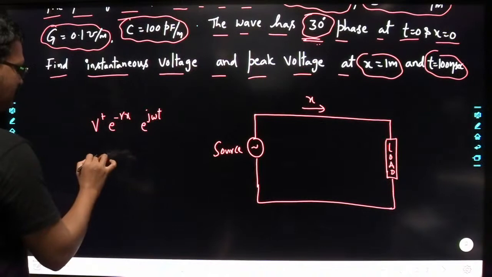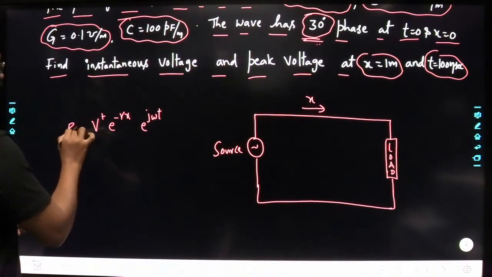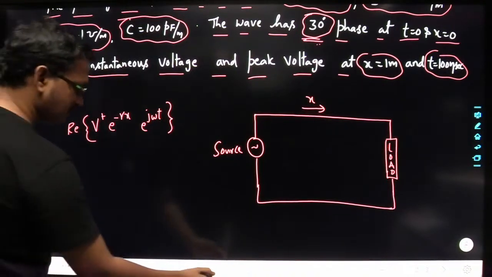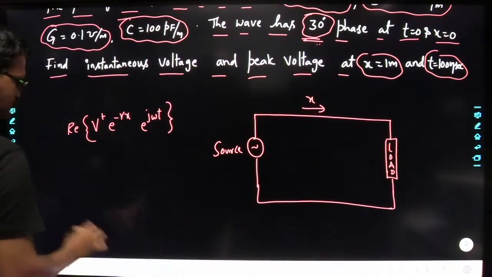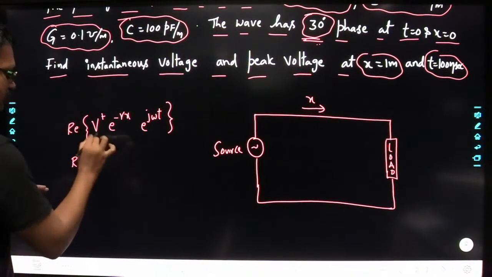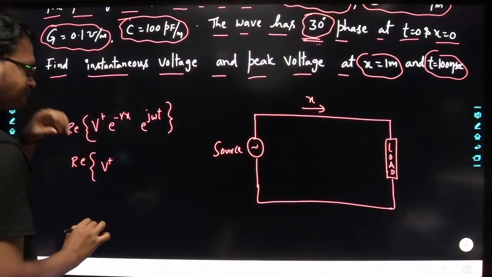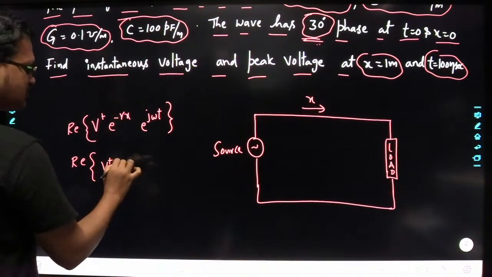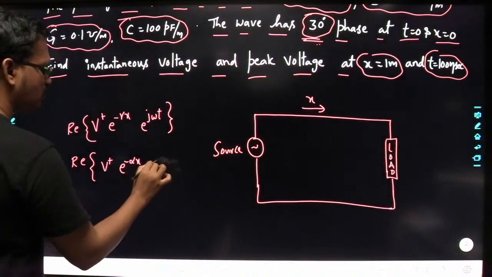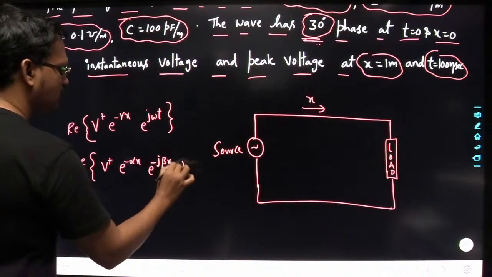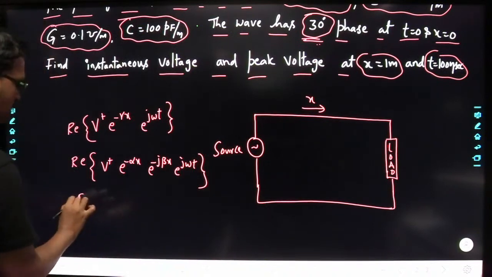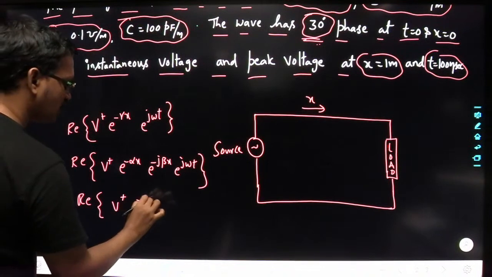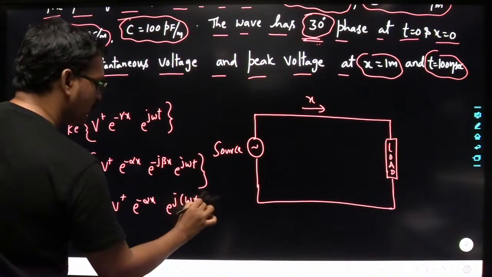Right. So I can represent this in this manner: if I take the real part of this, the real part of V plus into e power minus gamma x, that is e power minus alpha x into e power minus j beta x, into e power j omega t. So the real part of V plus into e power minus alpha x into e power j of omega t minus